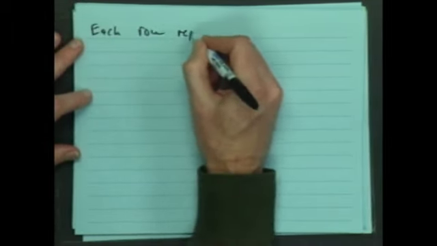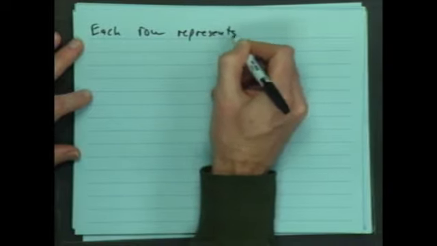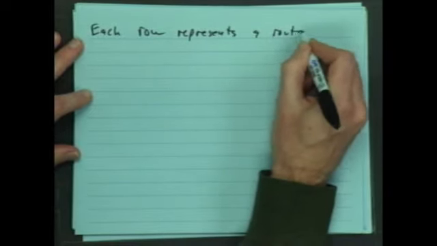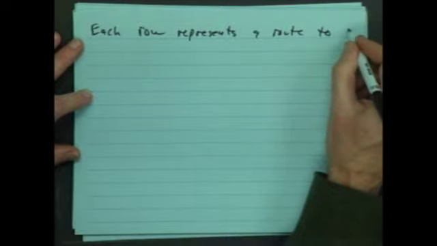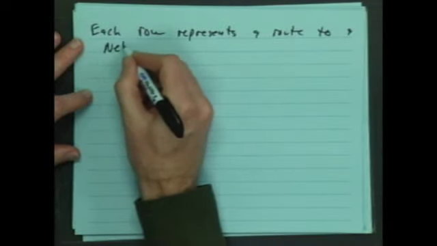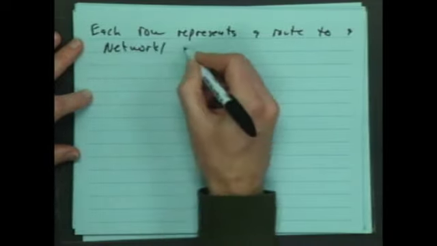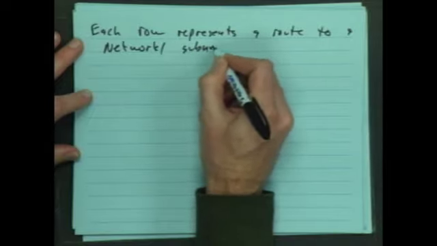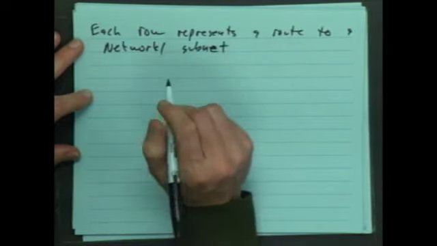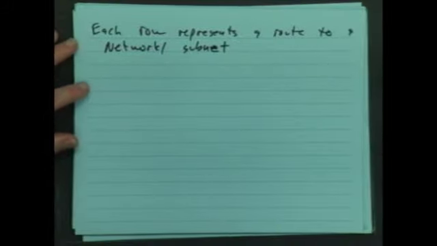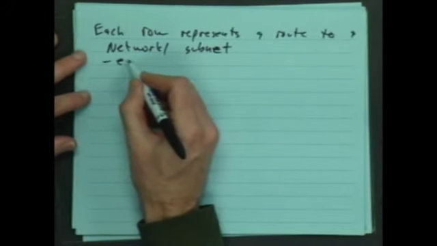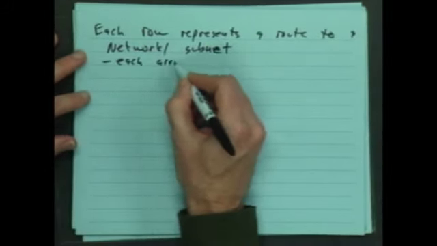Each row represents a route to a network or a subnet. So if we look here, I'll just note each arriving packet